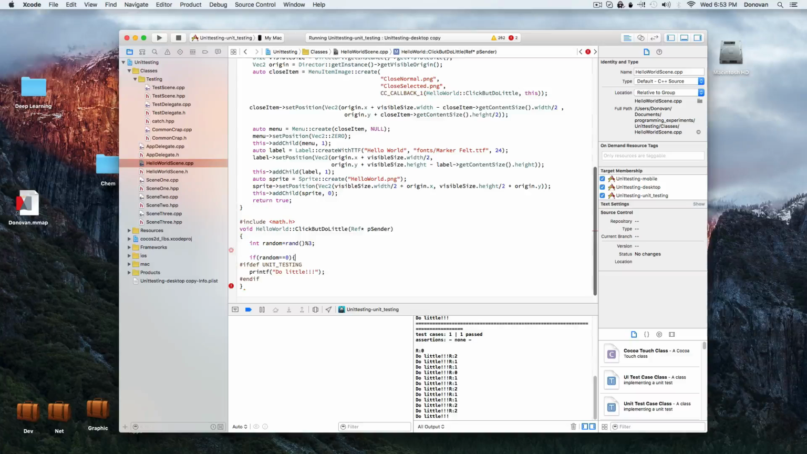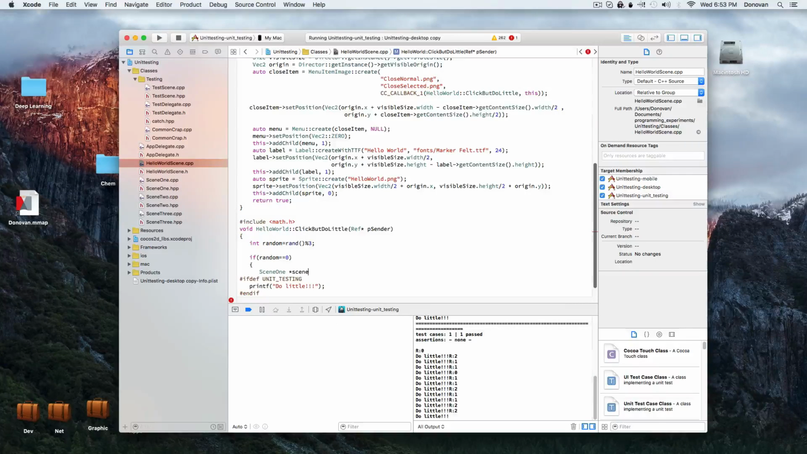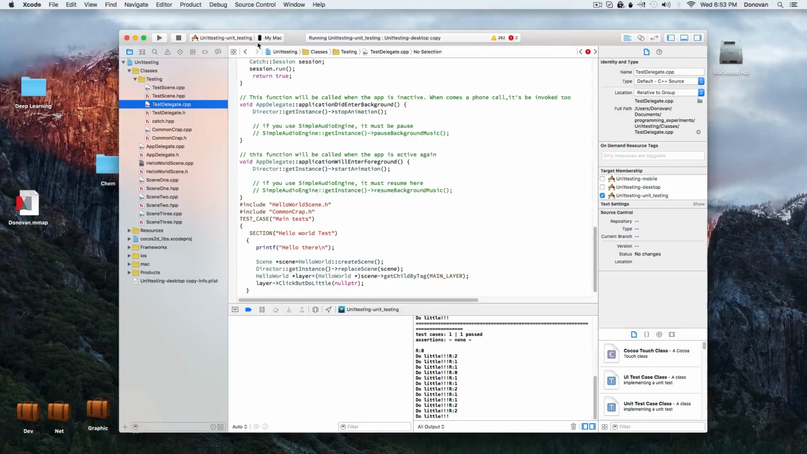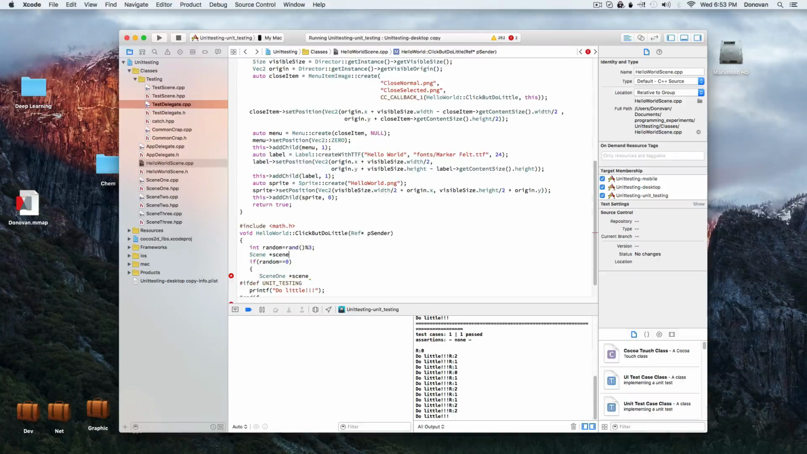So we're going to pick a random number between 0 and 2, or up to and including 2. From 0 to 2, I guess I should say. And we're going to, I think we'll just put this to a universal scene